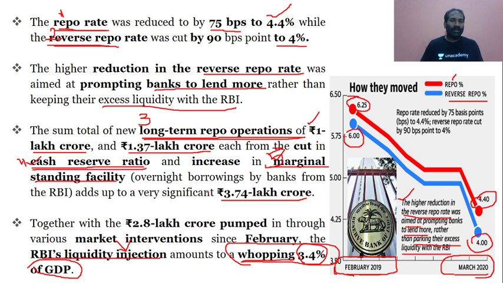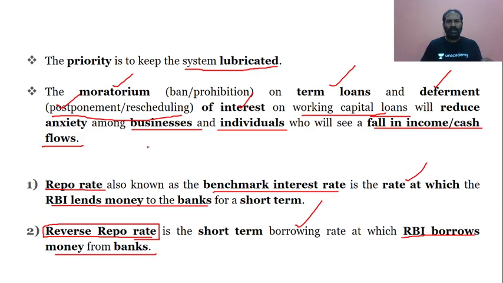We generally do not think so much about RBI, but at the time of economic shortage of liquidity, or economic instability, or whatever economic crisis India is experiencing, this is the backbone at this time. So RBI is the backbone which is trying to make sure that there is enough liquidity with the banks. So I hope you have understood very clearly how the money can be pumped into the market.